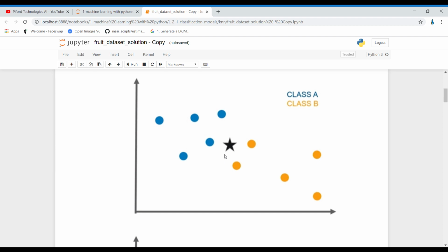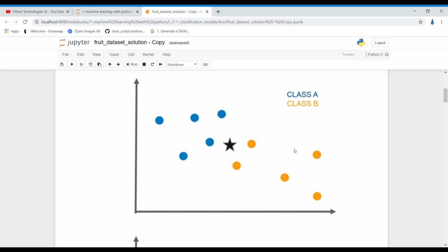To start the prediction, we need to find the distance of this new point with every data point. Means we'll find the distance of this and this data point, and then this and this. In the same way, we'll find the distance of this new data point with all the data points of both the classes.